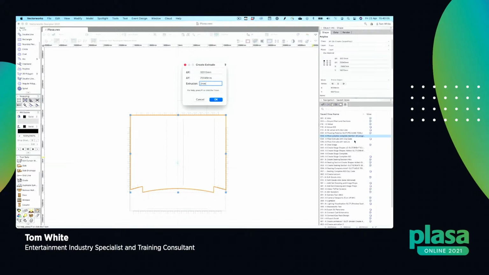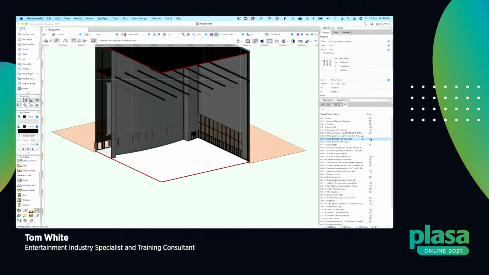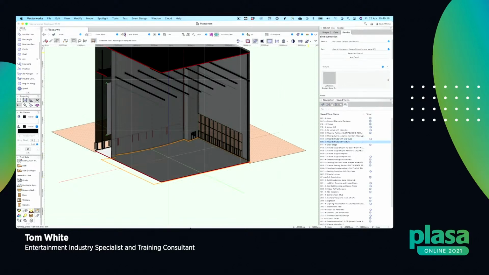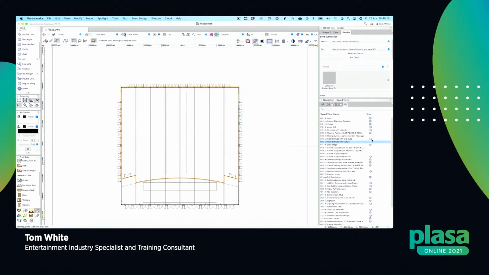Okay, and if you were to have a look at this now in a 3D isometric view, you'll see here's the floor. On the render tab, I can apply a texture to that floor. If we just have a quick look at that rendered, there we go. So we've just created a very quick floor in a matter of seconds. If we just put ourselves back into a top plan view,